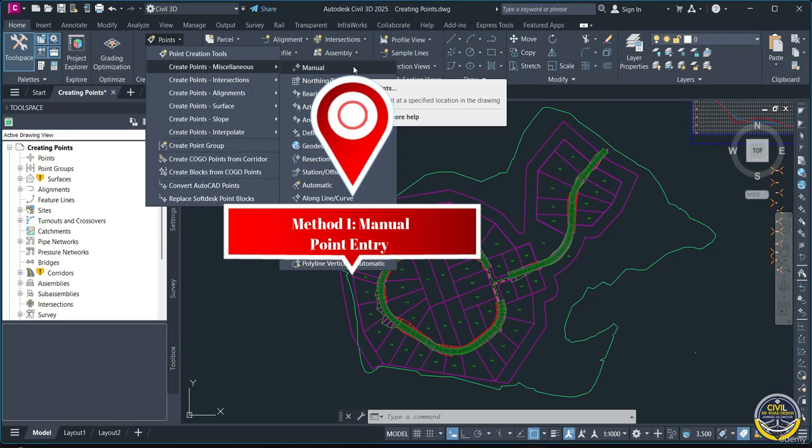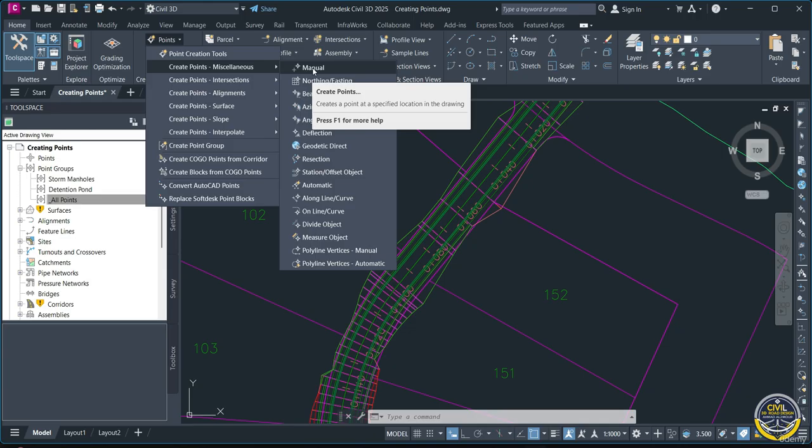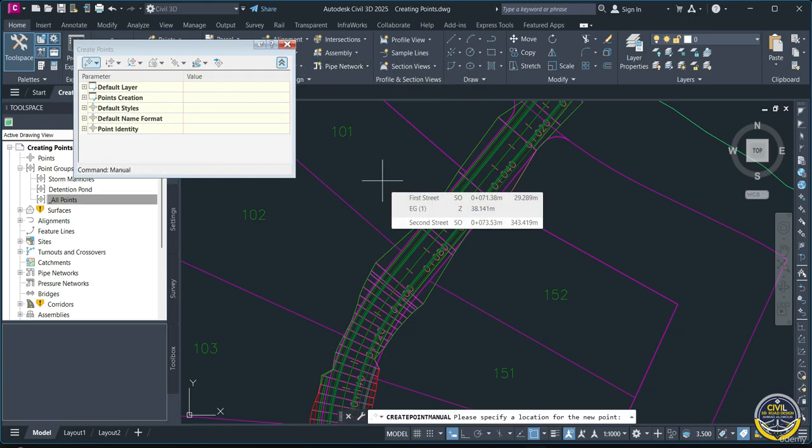Method 1. Manual point entry. This is the simplest way to add a point by clicking directly in the drawing or entering coordinates in the command line. Example, let's say you are mapping the location of a utility pole. Click Manual, then enter X and Y coordinates to specify a location for a new point,